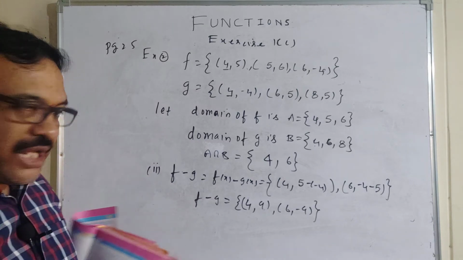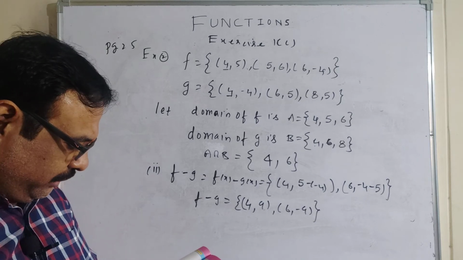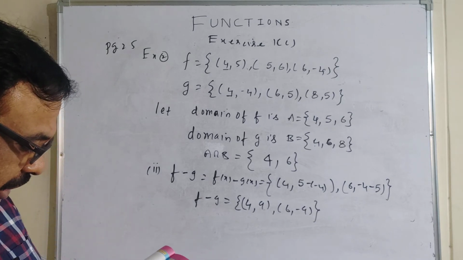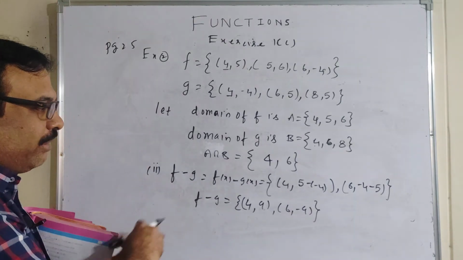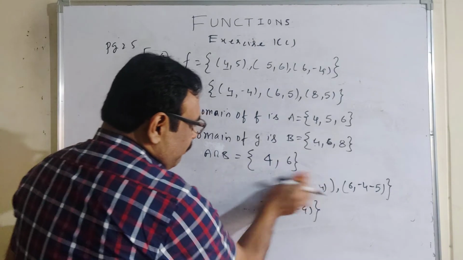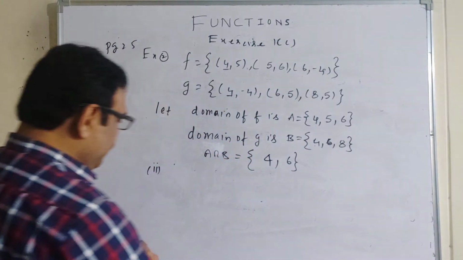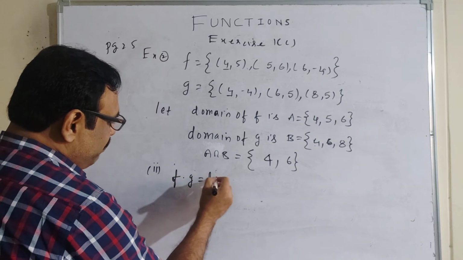Now coming back to the next one, there are certain aspects which I need to look at, and that is f by g, and f into g, f by g. Now I am trying to write f into g. That means for both the sets, I am trying to write f into g. What do you mean by that?